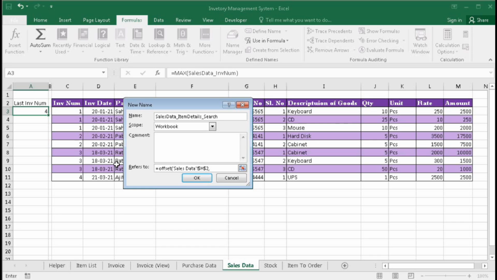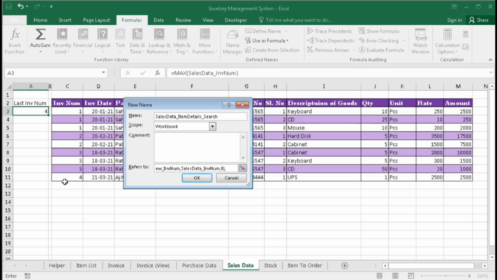So how many rows to go down, that will depend on the invoice number. So to search the invoice number we have to use match function, match bracket open. So lookup value will be the invoice number. So invoice view underscore inv num comma range will be this one. So sales data underscore inv num comma 0 for exact match bracket close comma what will be the height.